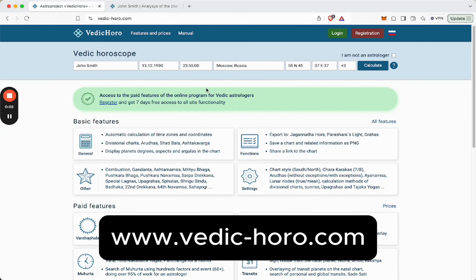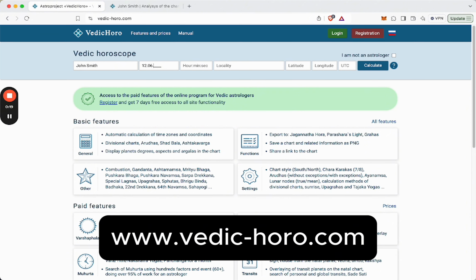So let's go ahead and build your chart on vedichorror.com. This is an online site. You can build it here completely free. You can start by typing your name, entering the date of birth, starting with a day,